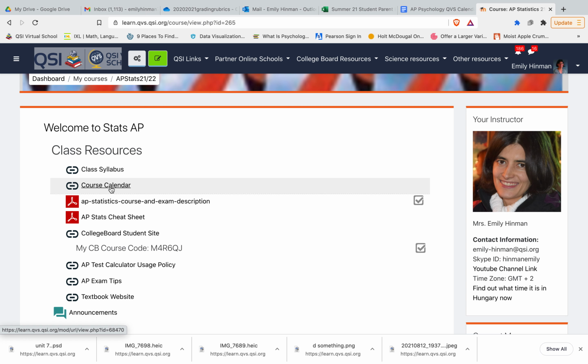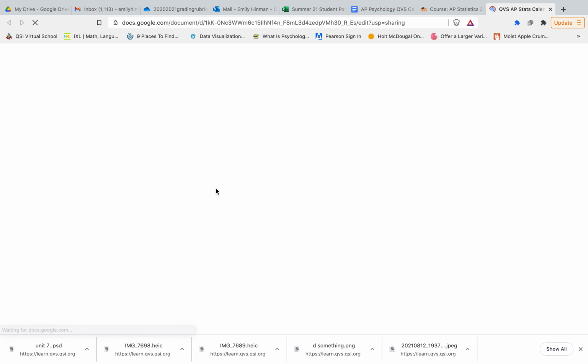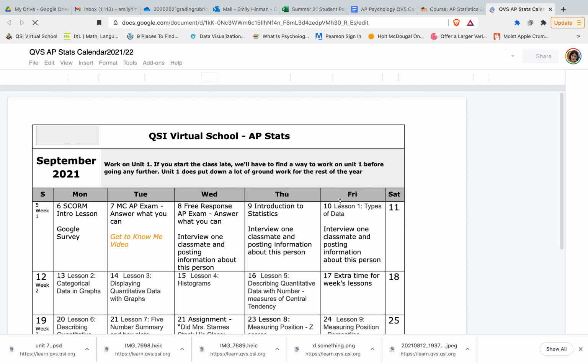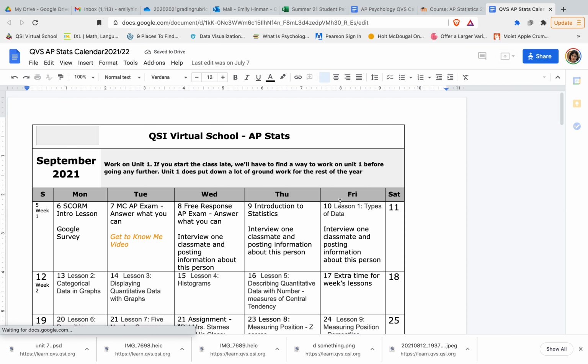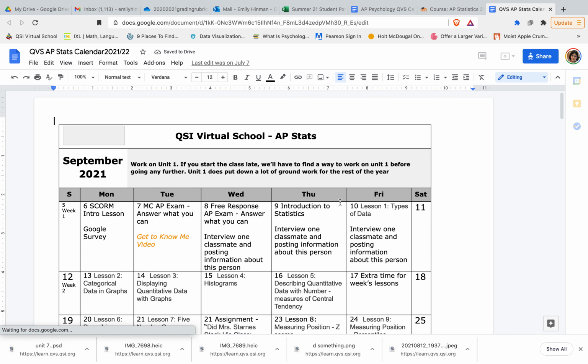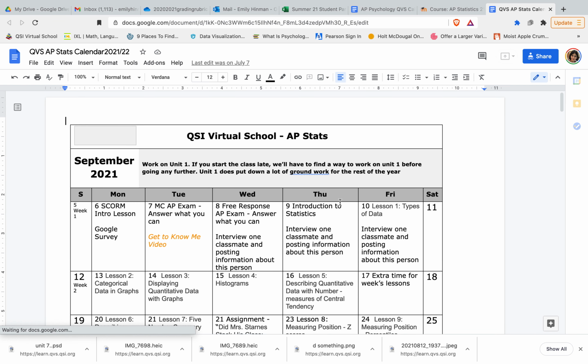Let's go back to the course calendar for a moment. Every QSI school has a slightly different schedule. And for QVS, we're working with all of the schools, so we need to plan out our time a little bit differently. All of you have different class times. Some of you have a class every day. Some of you have a block. But what I did is I put it in days,